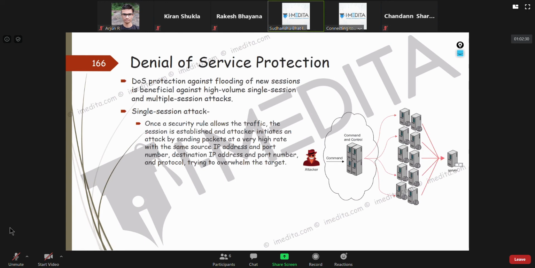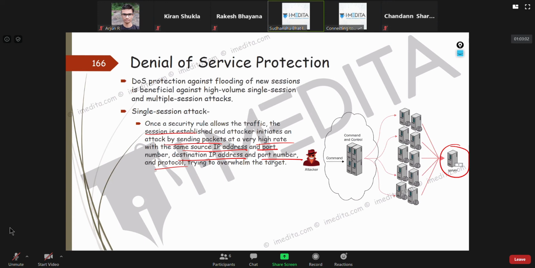Once a session is established, maybe the three-way handshake is done, the attacker initiates by sending packets at a very high rate with the same source IP, same port number, same destination IP, same port number, and protocol number, so that the victim starts getting fully utilized.